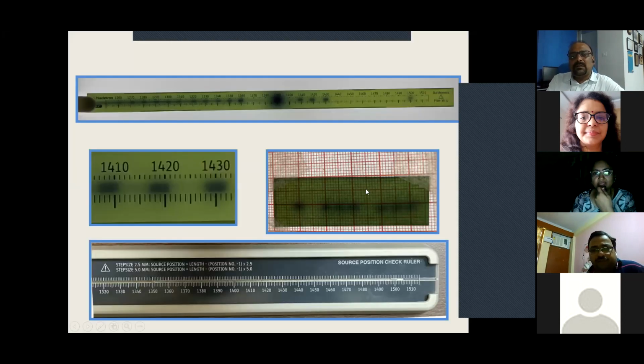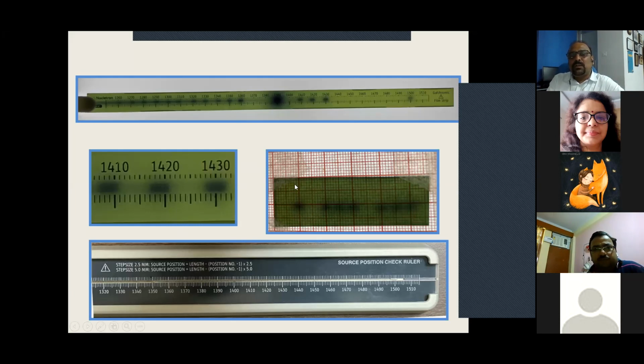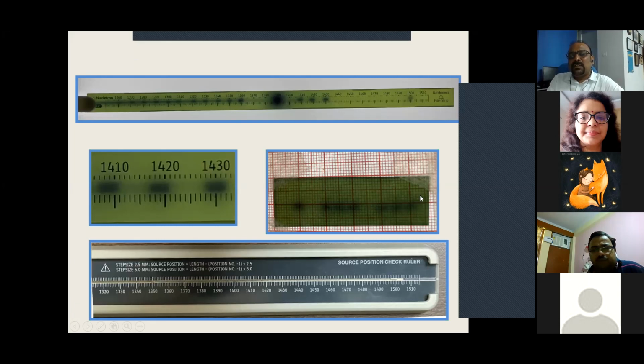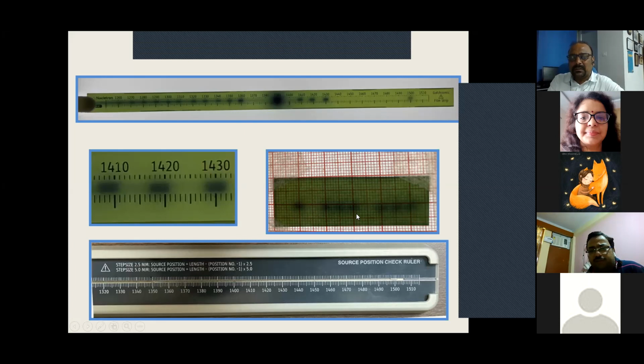Dr. Arun, you have asked a very important thing. You can see the diagram. Are you able to see my screen? Yeah, I am able to see. This is the strip supplied by the company, and it is very expensive. You can see that I have almost exhausted all the points on it. So what we do is take a simple Gafchromic film and paste it on graph sheet, and with the help of that we check it. In our institution we do it regularly, actually once a month.